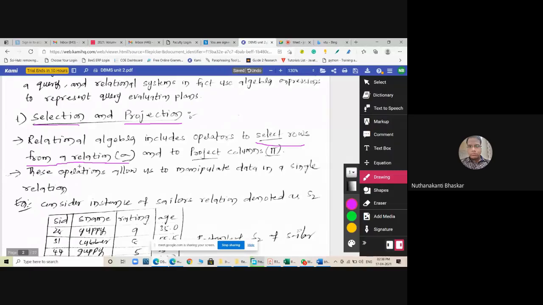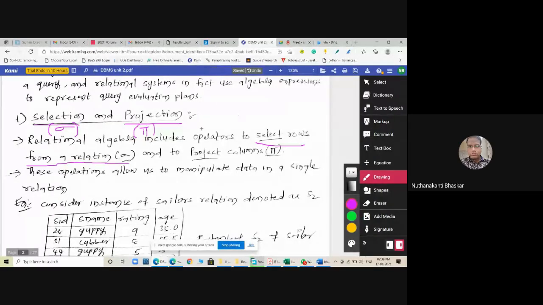The representation, already told you it is a mathematical model. We have so many symbols. We have to remember these symbols because it is a relational algebra. I told you already, the sigma is the representation of selection. So we can use sigma for selecting the rows of a relation. So this is selection operator and projection operator. Projection representation is pi. It is used to project columns in a table.